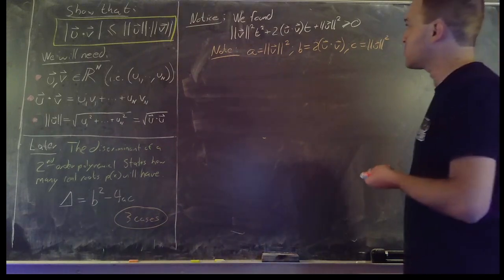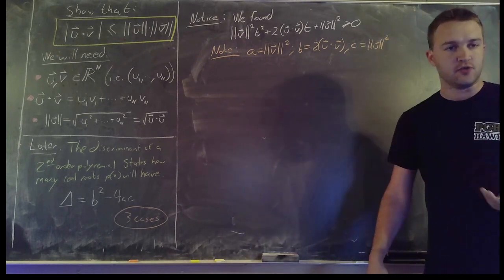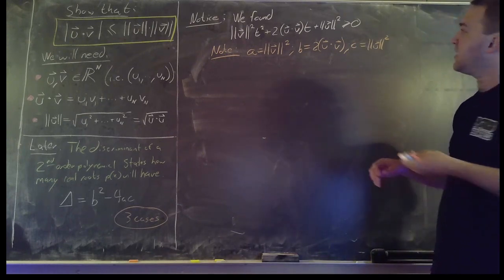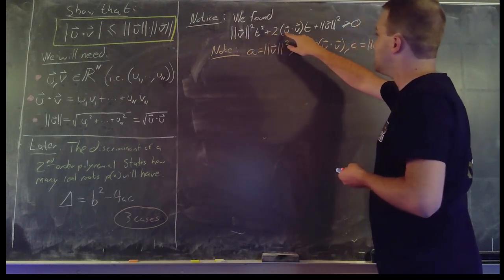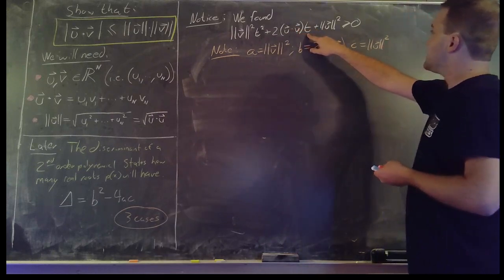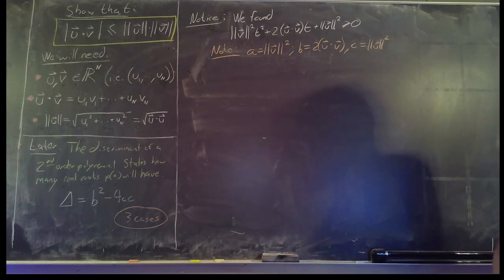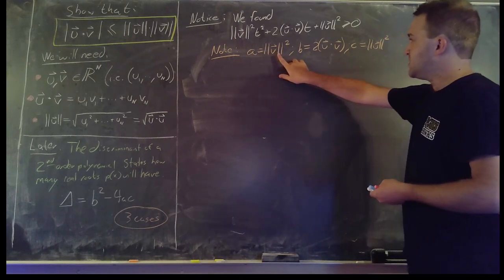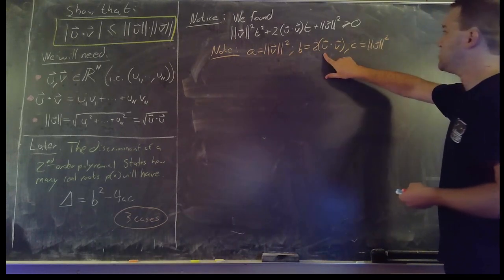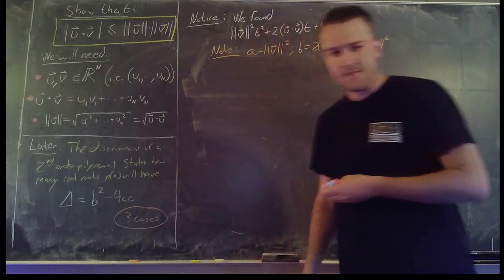Okay, so on the last board we found that when we take this special combination of the two vectors u plus tv and we dot it with itself, we come up with this statement, which is the length of v squared times t squared plus 2 times u dotted with v times t plus the length of u squared is greater or equal to 0. And we also said that this is a quadratic polynomial with a equal to the length of v squared, b equal to 2 times u dotted with v, and c equal to the length of u squared. So now we need to bring in this discriminant fact,